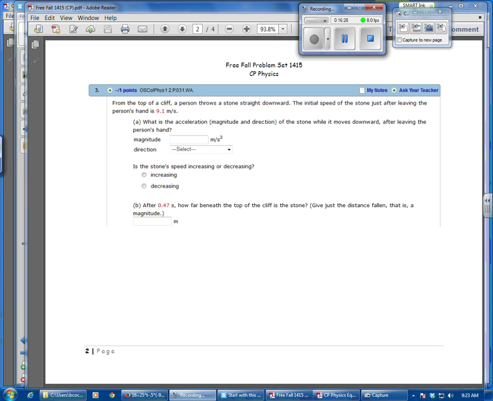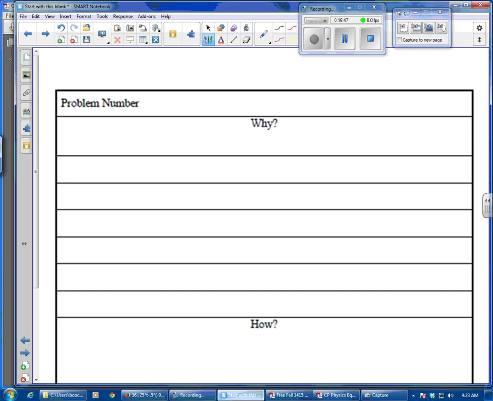All right. Number 3. Top of a cliff, a person throws the stone straight downwards. The initial speed of the stone just after leaving the person's hand is 9.1 meters a second. So what do we know automatically the stone is doing as soon as it leaves his hand? Therefore it's in free fall, it's accelerating downwards. So, stone in free fall. So a is down